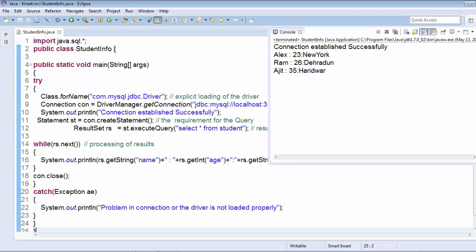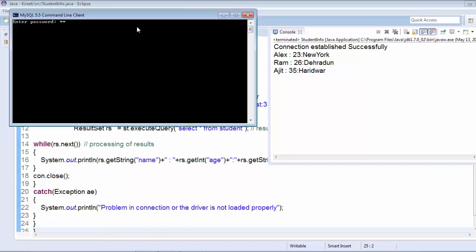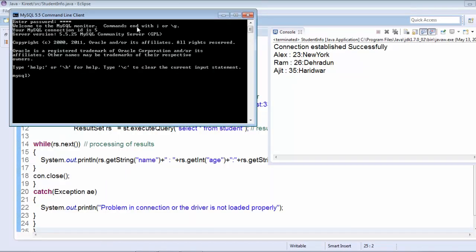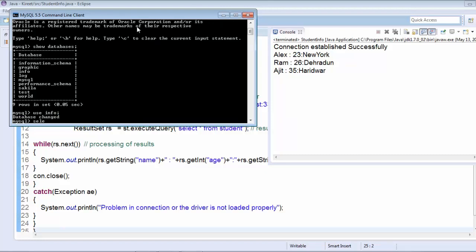Now let's see in our particular database what the entries are. First we have to use the database, that is info, and then write select star from student.